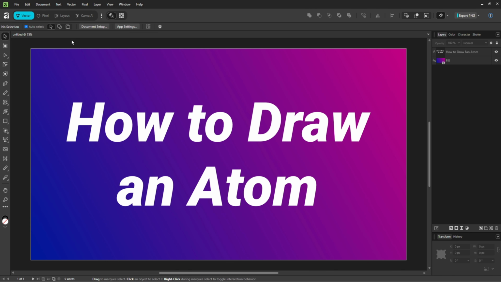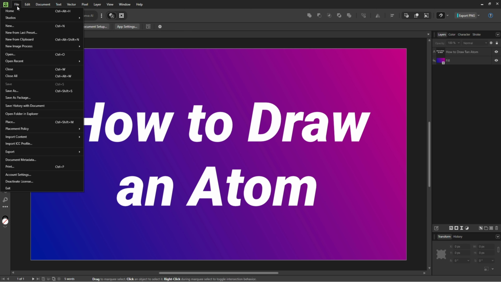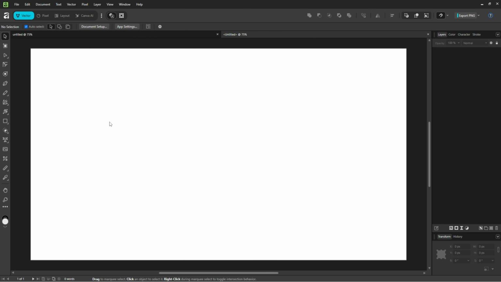Hey guys, in this video I'm gonna show you a quick tutorial on how to draw an atom in Affinity. So let's get started. I have my canvas ready now. I'll grab the ellipse tool